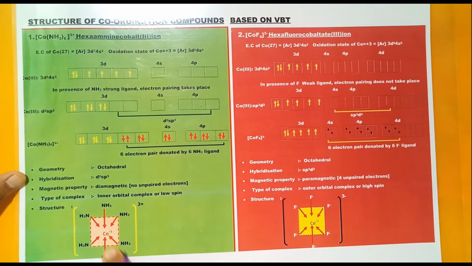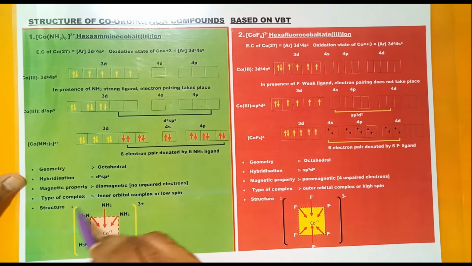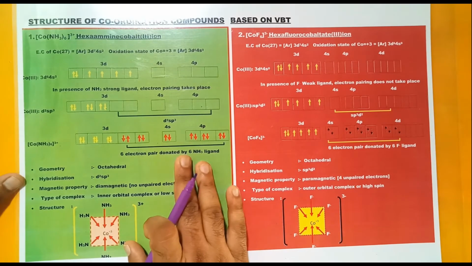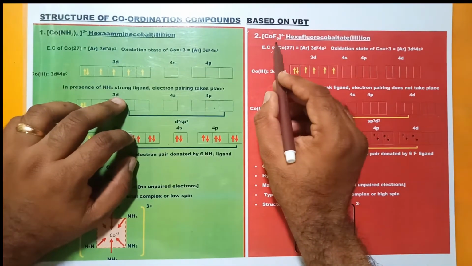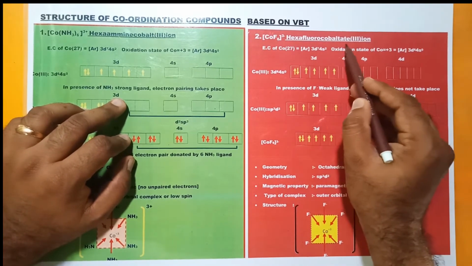Here is the structure of the hexaamminecobalt(III) ion. The central metal atom is cobalt present in the +3 oxidation state, and the 6 ligands surround the Co3+ ion. This arrow mark indicates the donation of electrons to the central metal atom, and there is a positive charge, that is 3+, on the coordination sphere. Is it clear friends? Next, move on to the second one,